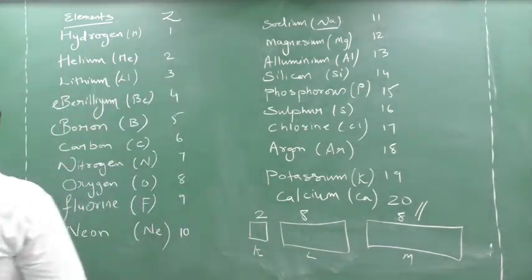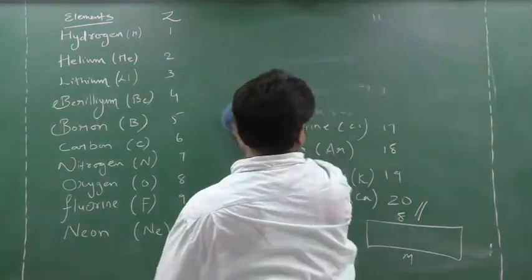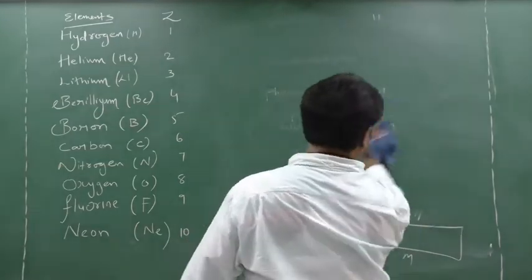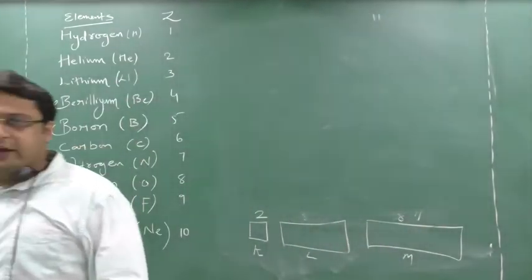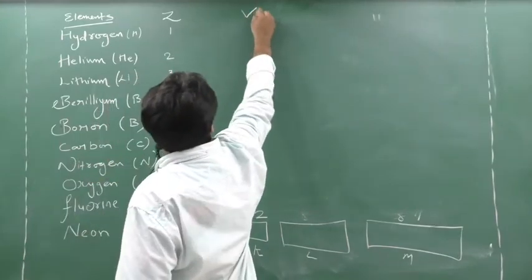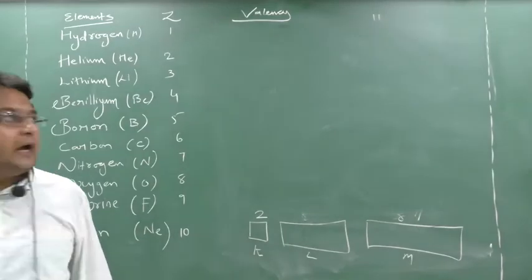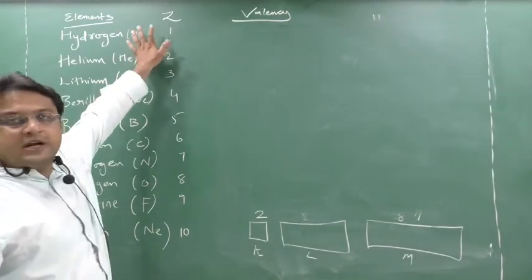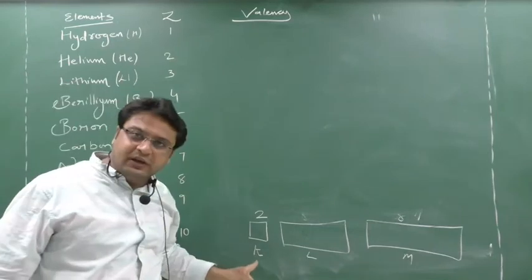Now, I am roughing this, okay? Then we will calculate from the sodium. Now see here, I am going to calculate the valency, okay? Valency. Hydrogen, how many persons are there? Here the atomic number equals the number of persons, so 1 person. So here 1 person will come.